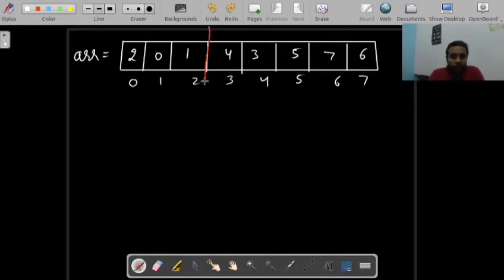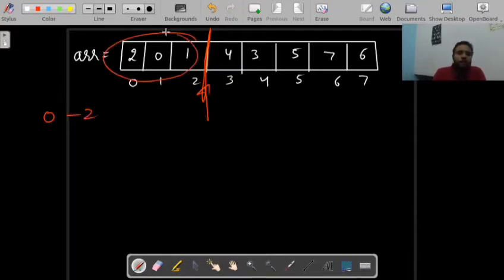Wherever we are applying a chunk, it is a special point. And what's the specialty about that point is that if I am applying a chunk here after the second index, all the numbers from 0 to 2 will lie inside this chunk.